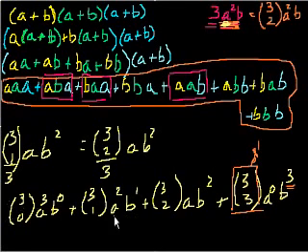And similarly, you could view this as how many ways, when I'm picking out of 3 things, can I pick exactly 0 b's? Well, that's the same thing as how many ways can I pick exactly 3 a's? And this is also 1. There's only one way to do it. And there are 3 ways to get a squared b. There are 3 possible unique permutations, but they're all the same combination, right? So there are 3 identical combinations for picking 2 a's and a b, and those are this one,